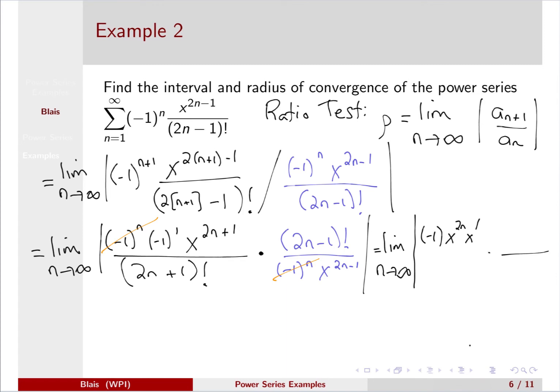And then for the second term in the denominator, we have x to the 2n times x to the minus 1. Again, just using our rules for exponents. Then we come to the factorial terms, and recall, with factorials, you can pop off the top terms. The goal is to cancel with this 2n minus 1 factorial. So we note